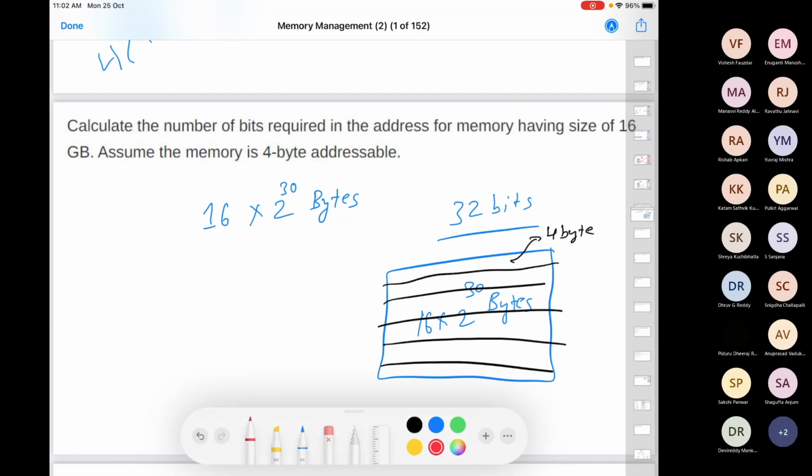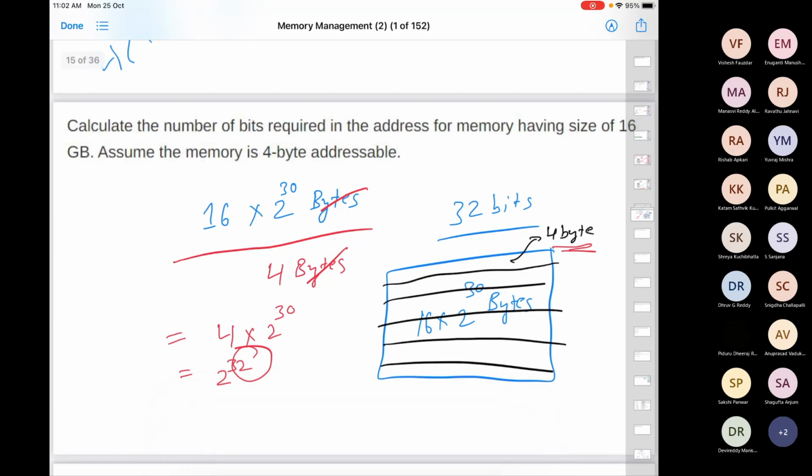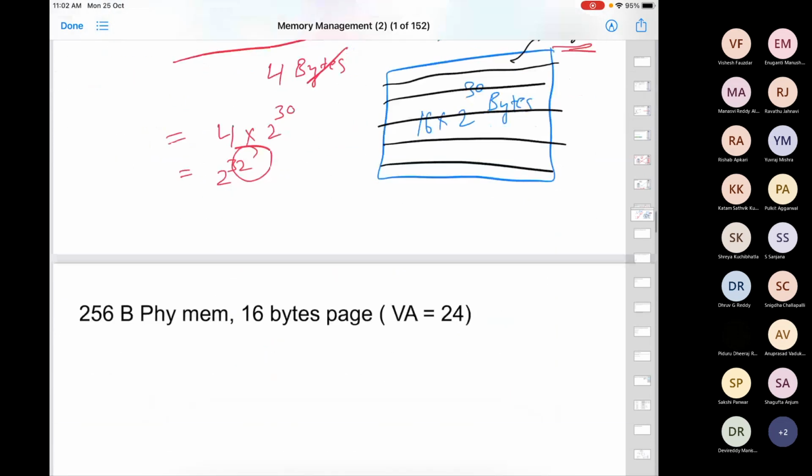So how many locations will be there? This 16 into 2 to the power 30 divided by these 4 bytes here. Right? So if you look at the number of locations, definitely it won't have any unit. So what will it come out to be? 4 into 2 raised to the power 30. These many locations you have, this is nothing but 2 raised to the power 32. To address 2 raised to the power 32 locations, how many bits do you need? 32. Okay.